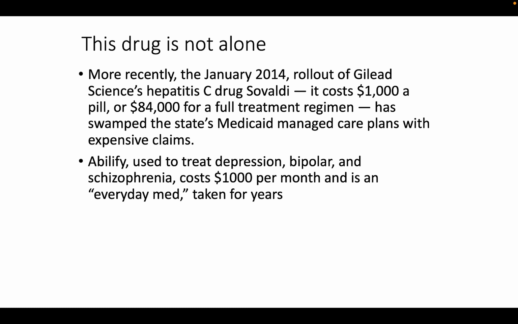The university medical plan, for example, has had a lot of challenges in being able to pay for this drug for people in the community that need it. There are other drugs that are very expensive, things like Abilify. Those cost $1,000 a month, and those are taken for years. And so drug costs are very expensive and very challenging,